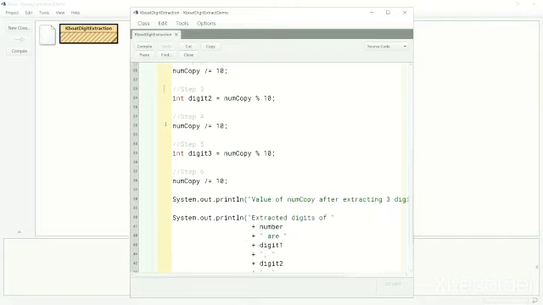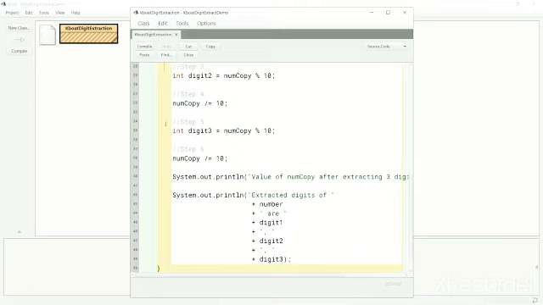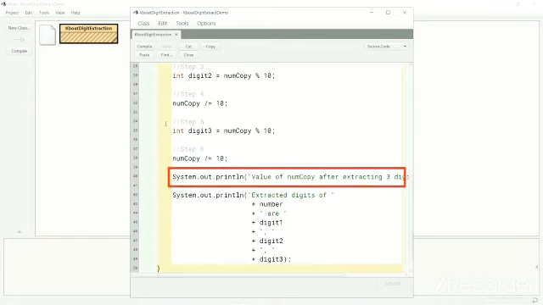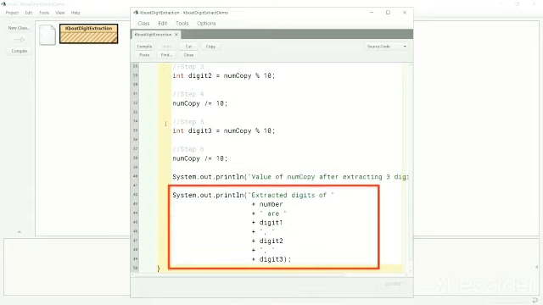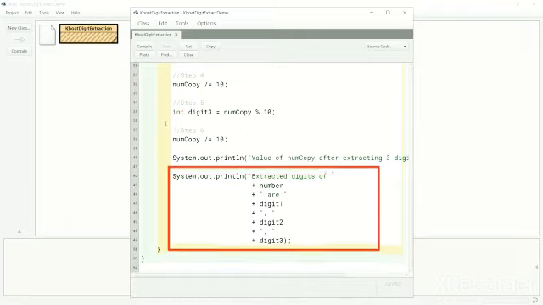We repeat these steps to extract the second and third digit of the number. At step 6 here, value of numCopy should become 0 for a 3-digit number. We will confirm this by looking at the output of this next println statement when we will execute the program. After that, in the next println statement, we print the 3 digits of the number that we extracted.